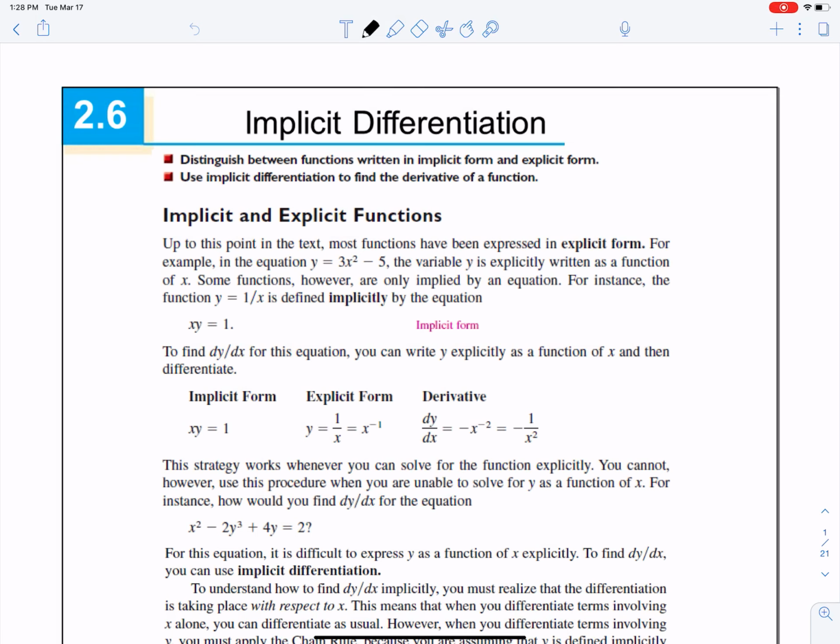So the lesson we're going to go through today is on implicit differentiation. So this will allow us to find the derivative when the formula is not y equals. If we're able to convert the formula to y equals by rearranging it, that's okay. We could do that and then take the derivative with our normal rules like we've already done. But this method will allow us to solve when the formula is not y equals. So it allows us to find a derivative